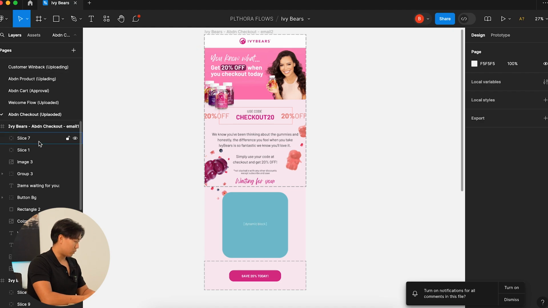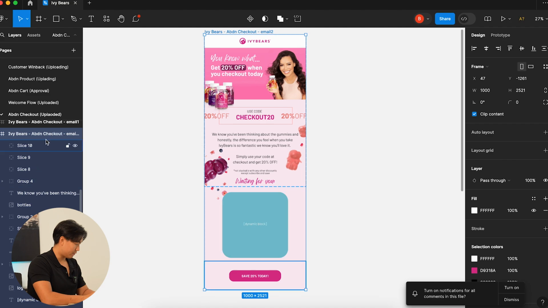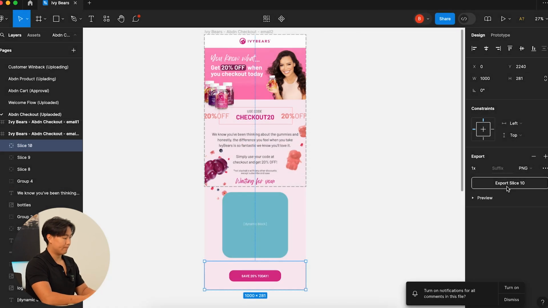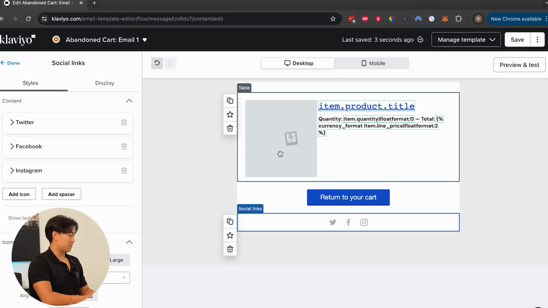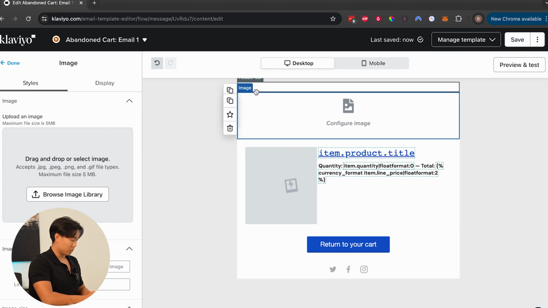So we're going to export one of the slices to be this one right here. So we have slice 9. We hit export, boom, slice 9, and then we have slice 10, which is this part right here, export. Okay, so once the slices have been exported, you're gonna then wanna add the image blocks over to your email,